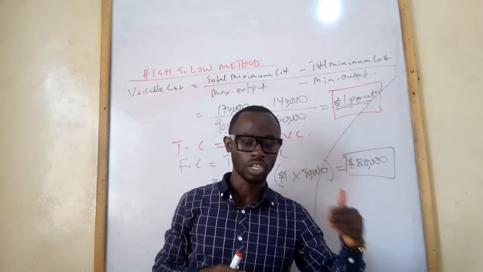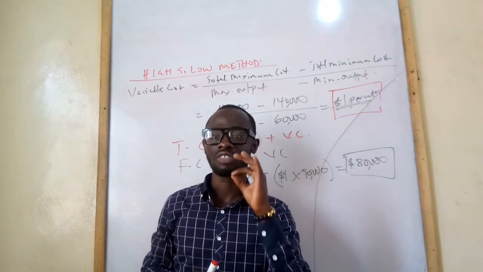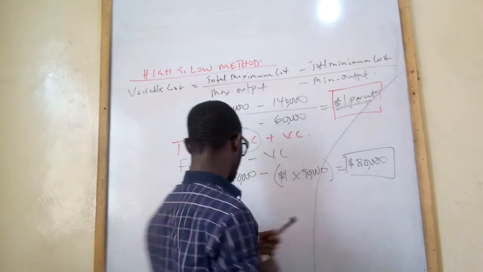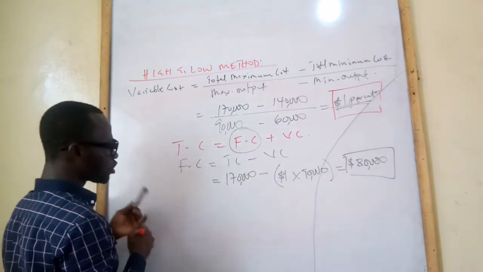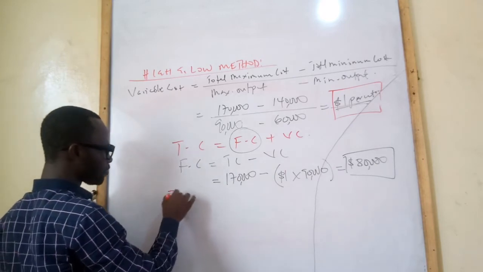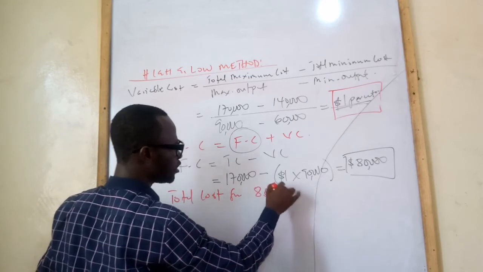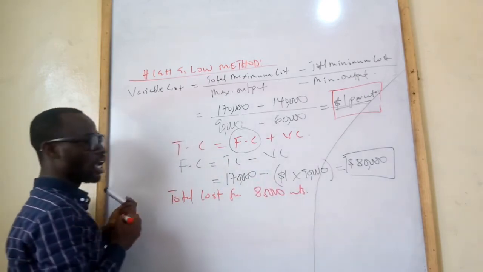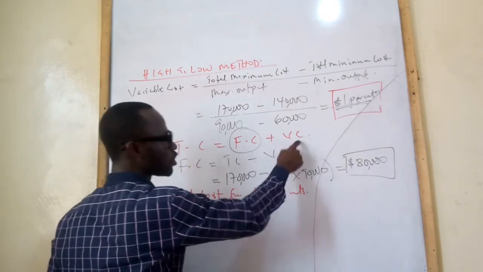So back to the question. The question the examiner was asking us is, what will be the cost in 2015 if the organization produces 85,000 units? That is cheap because we've done everything. So to get a total cost for 85,000 units,